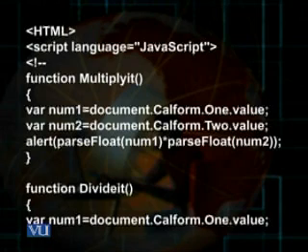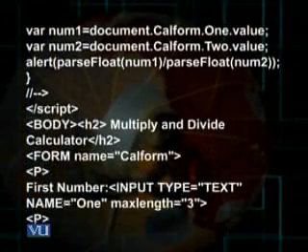Then look at the function divide. Again num1, num2, they are defined in the two statements. And then there is the alert method, the alert function in JavaScript. You know alert is a function of the window object, a predefined browser object. And then parseFloat(num1), slash is the operator for division, slash parseFloat(num2). So the value of num1 would be divided by the value of num2, and the result of this division would be shown in a pop-up box, in an alert box.